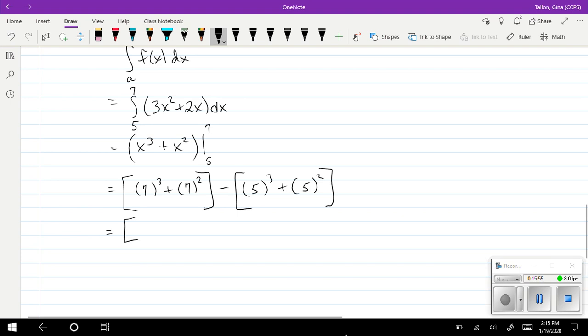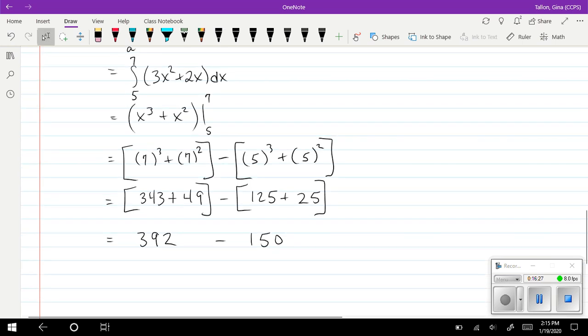Alrighty, simplify inside your brackets first. 7 cubed, trust me on this, is 343. 7 squared, trust yourself on that, is 49. Minus 5 cubed, giving me 125, plus 5 squared is 25. 343 plus 49 yields 392, and 125 plus 25 yields 150. Since they're the only things now left inside those brackets, I don't need my brackets. You can go to the side if you wish, but 392 take away 150 is